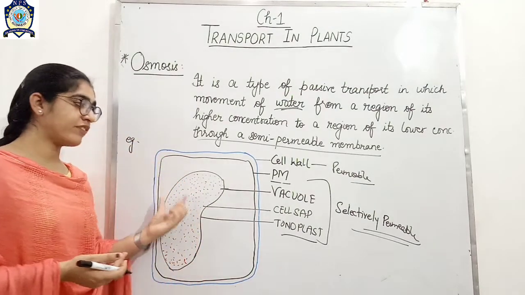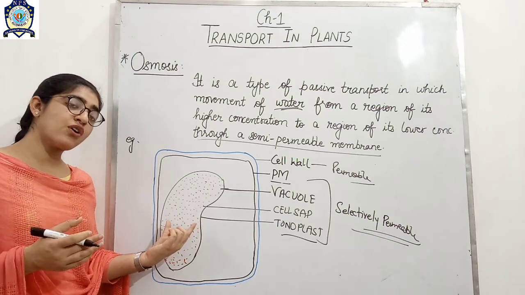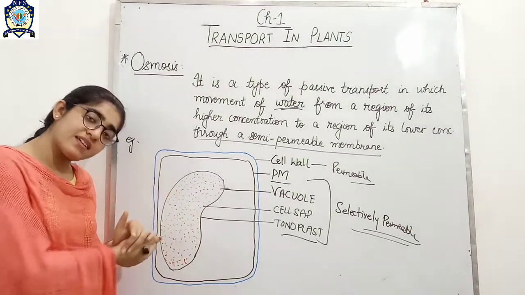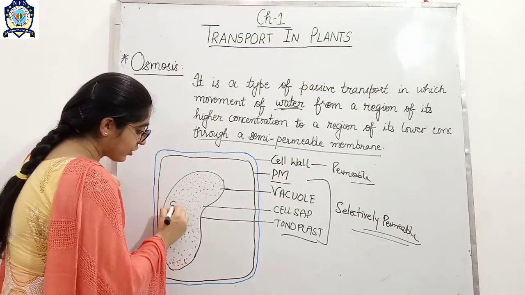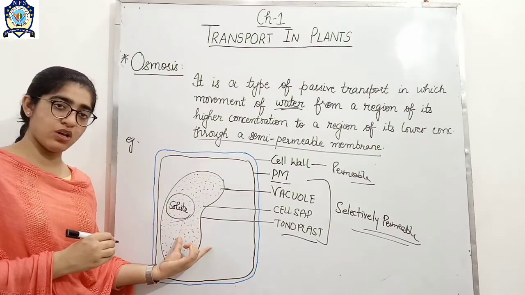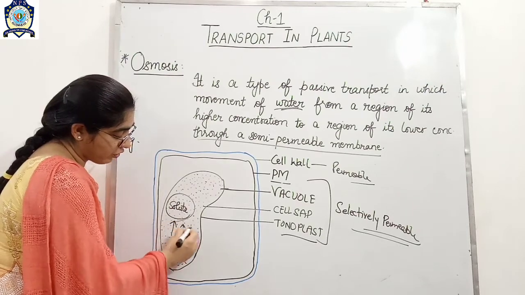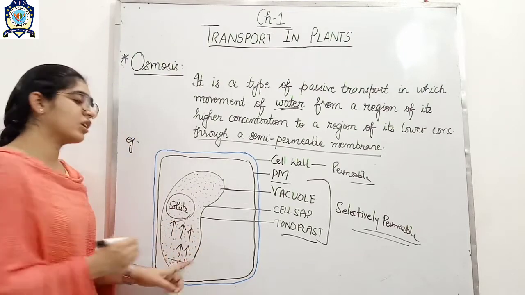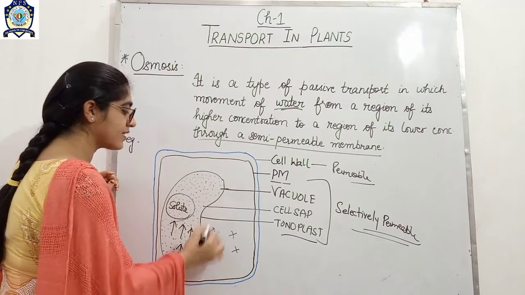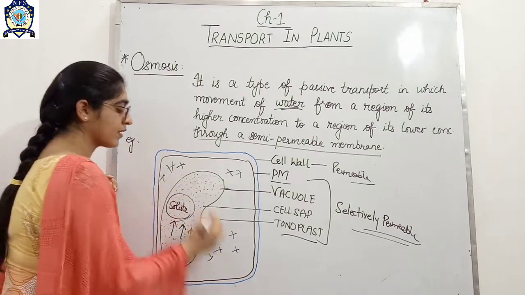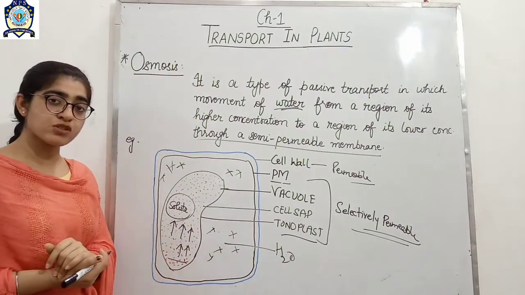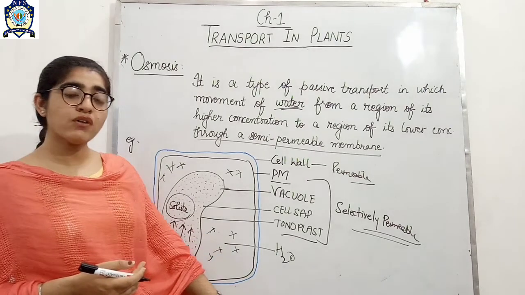So as you know, what is the function of the vacuole? The main function of the vacuole is storage. It stores food and other material. It means that the vacuole has solute. So in the plant cell, in the vacuole, the maximum solute concentration is here, while in the protoplasm, here is the maximum concentration of water. And as we know, according to the definition of osmosis, only the movement of water occurs.